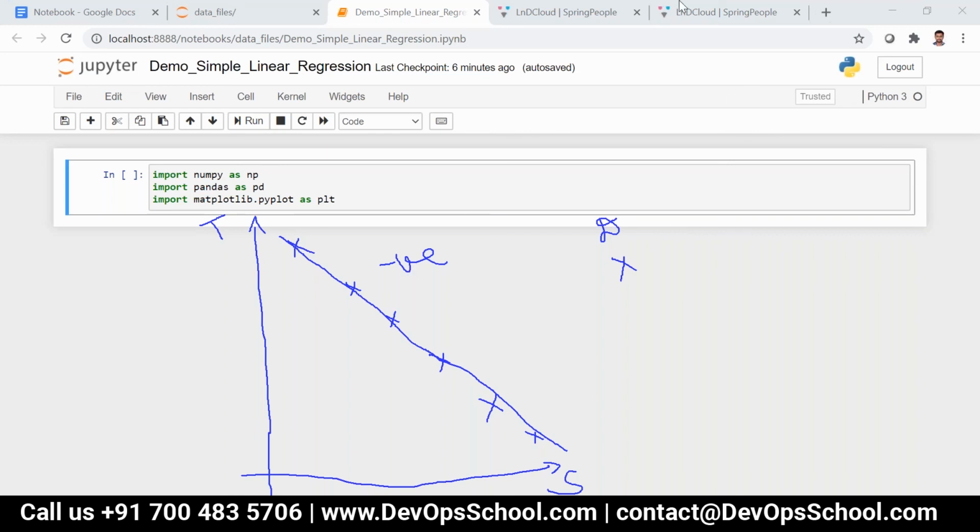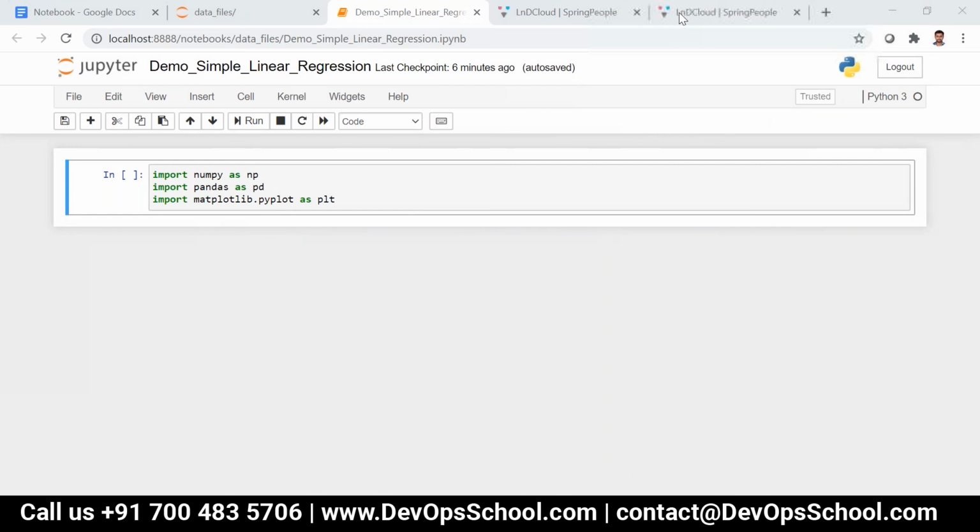The reason is, consider I have something like this. This is the x-axis and this is the y-axis, and my data points are somewhere like this, somewhere here, somewhere here, and then somewhere over here.